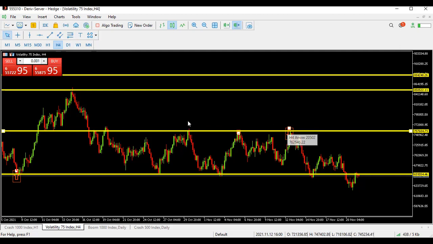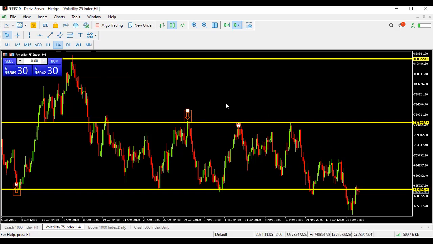You can also see this. These are all trading points. These are all trading points. Let me show you with